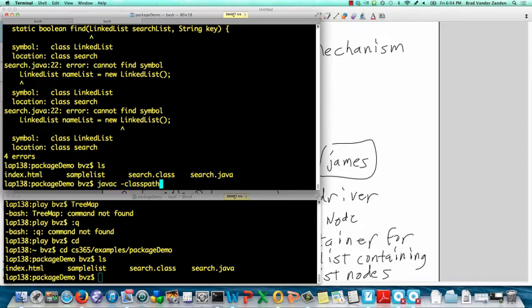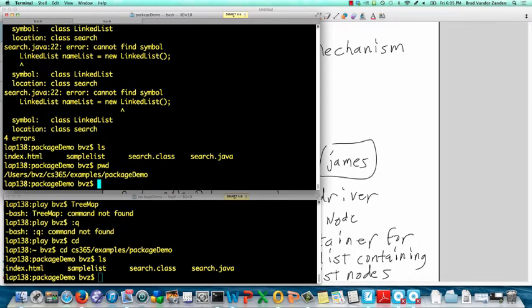The way we do that is with the class path flag. It allows us to tell the Java compiler where to find classes or source files. So in this case, we could tell it where it should find sample list, in users BVZ. Actually, let's look at the full thing. Is users BVZ CS365 examples package demo. So we would say javac class path users